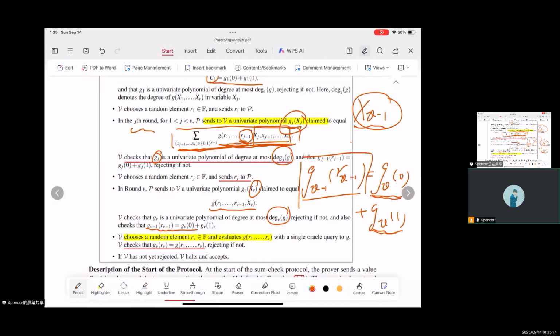So after the V runs, the verifier chooses a random element RV, and the value is G, R1, R2 until RV, to RV, with a single oracle query to G. So there's only one oracle query, because prior to this, we can say before there's no query to G. There can be no query to G, because only here it mentions a single oracle query to G with R1, R2 to RV. And verifier checks that GVRV